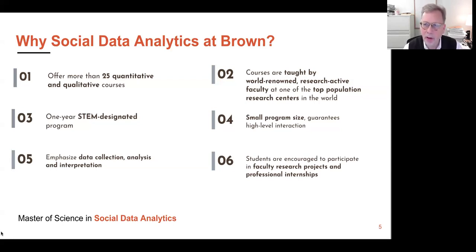In addition to the regular courses that we offer, students can take a course outside of the department. That just provides students a broader range of courses to choose from. And students can choose to do an optional research internship. And those internships can be on a faculty research project. It could be a small team group project. And in some instances, if students are eligible, it could be an off-campus internship as well.